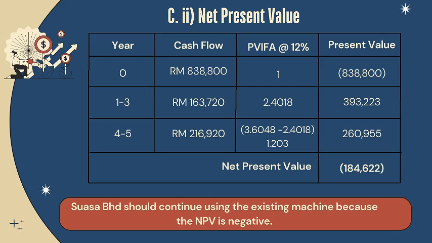In this case, in year 0, it has an initial outlay of 838,800 ringgit. For year 1 to year 3, the annual cash inflow is RM163,720. Using the present value factor annuity at 12%, which totals 2.4018, the present value adds up to